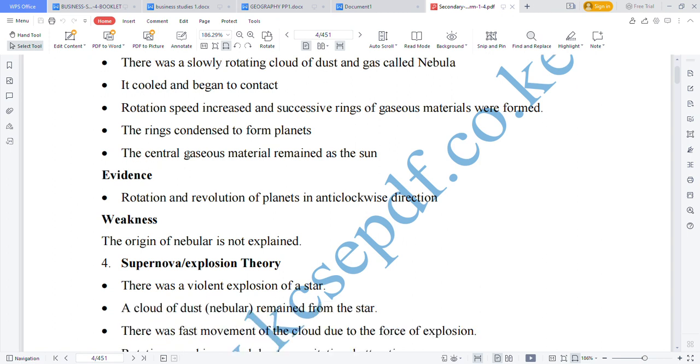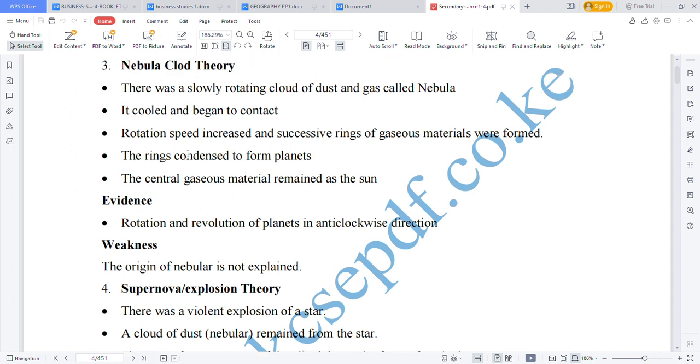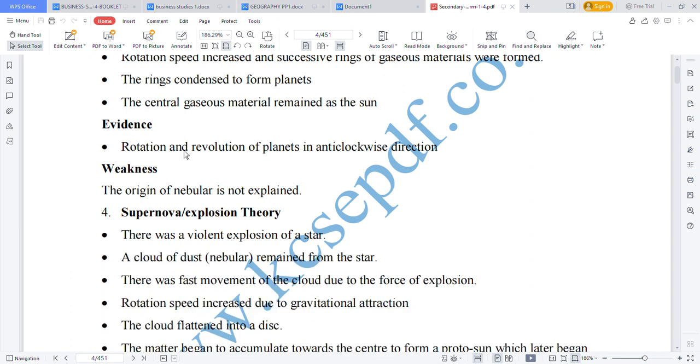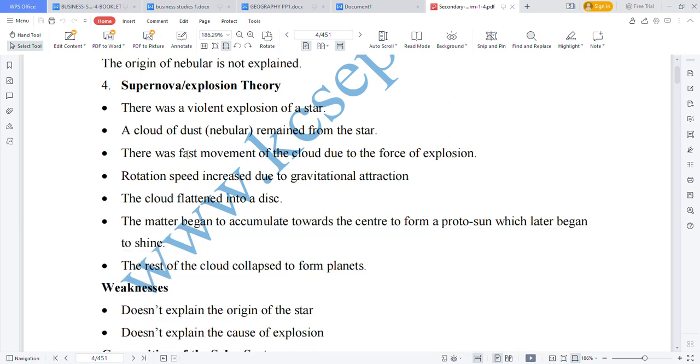Evidence: rotation and revolution of planets in an anticlockwise direction is evidence of nebula cloud theory. Then the weaknesses of nebula cloud theory are not explained. Another one we have is